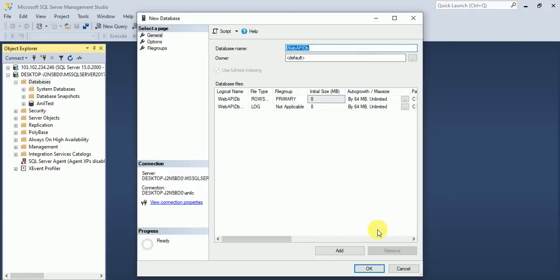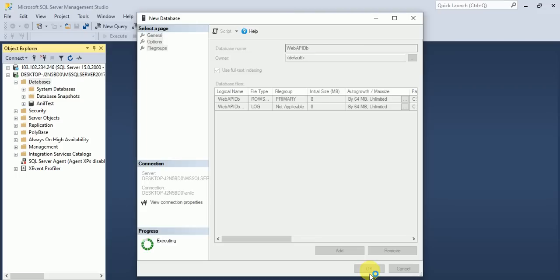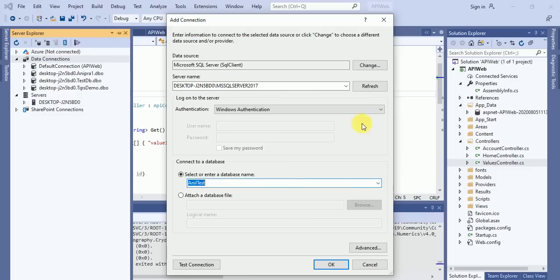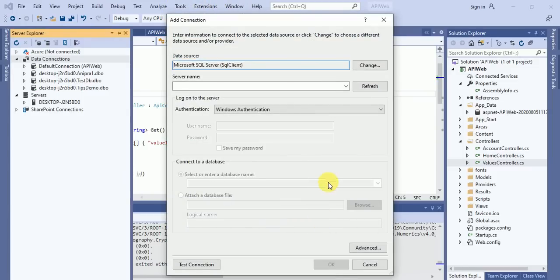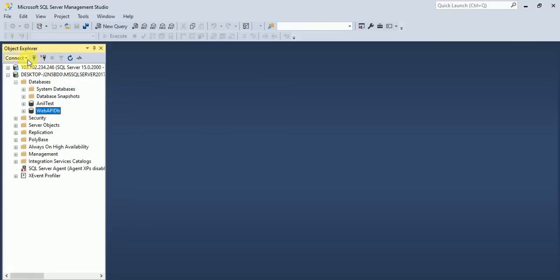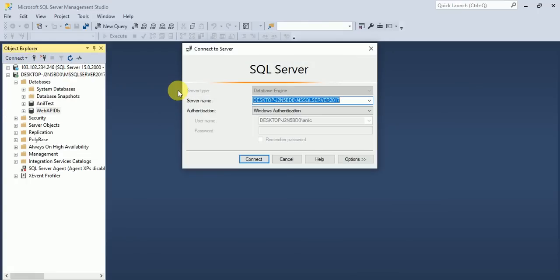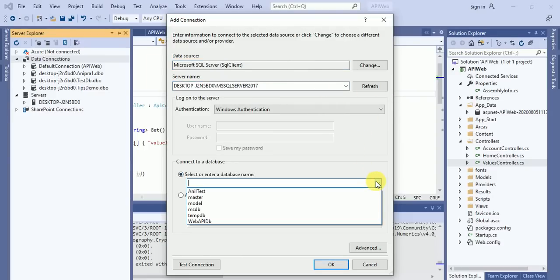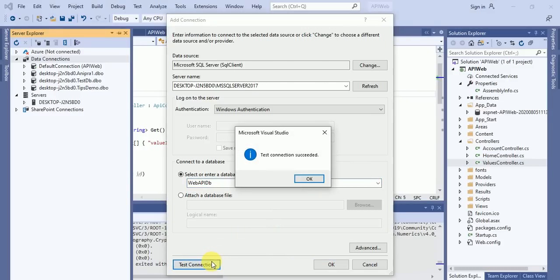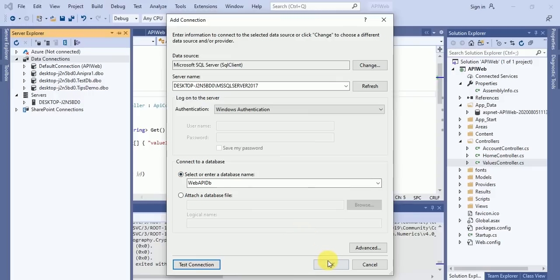I will click on OK, and now I have to connect to it again. Click on Tools, click on Connect to Database, and put the database name again. If you click on the refresh button, it will take a few seconds, and here you can see the WebAPIDB. Click on test connection. The database has been successfully connected with the web API.